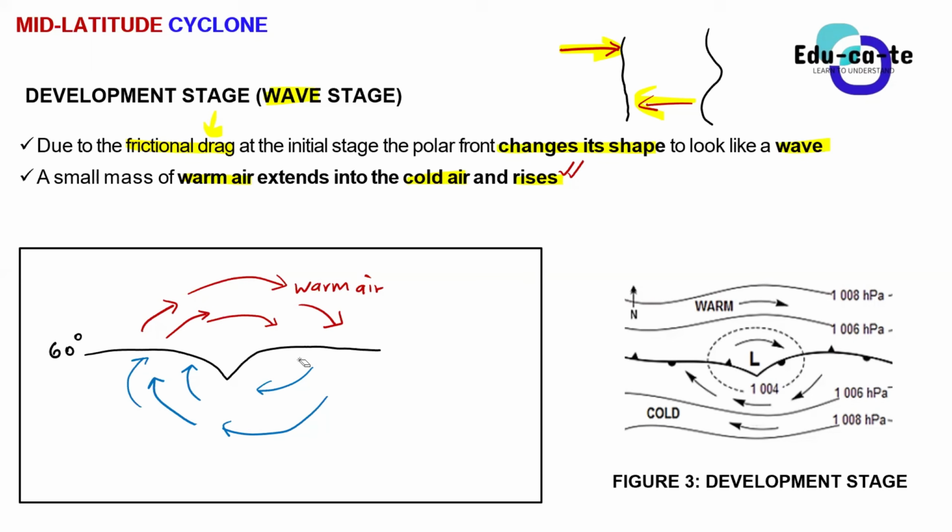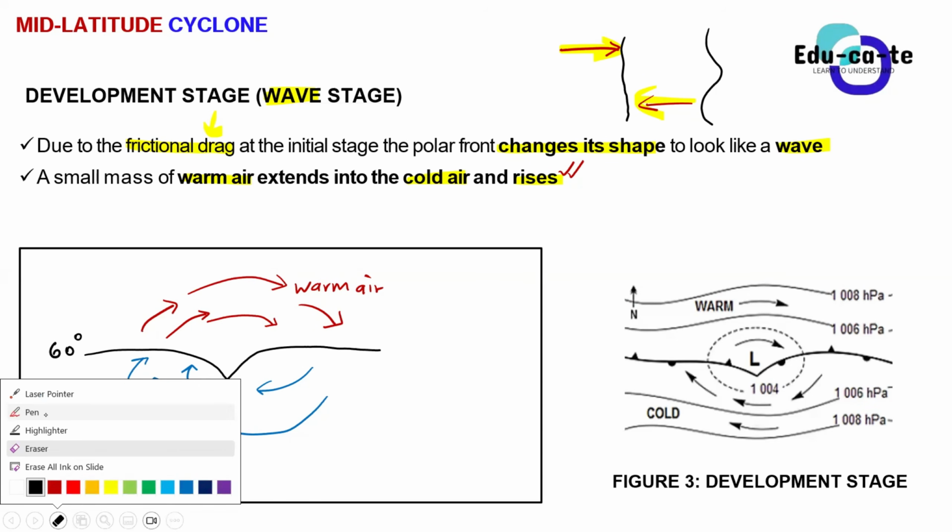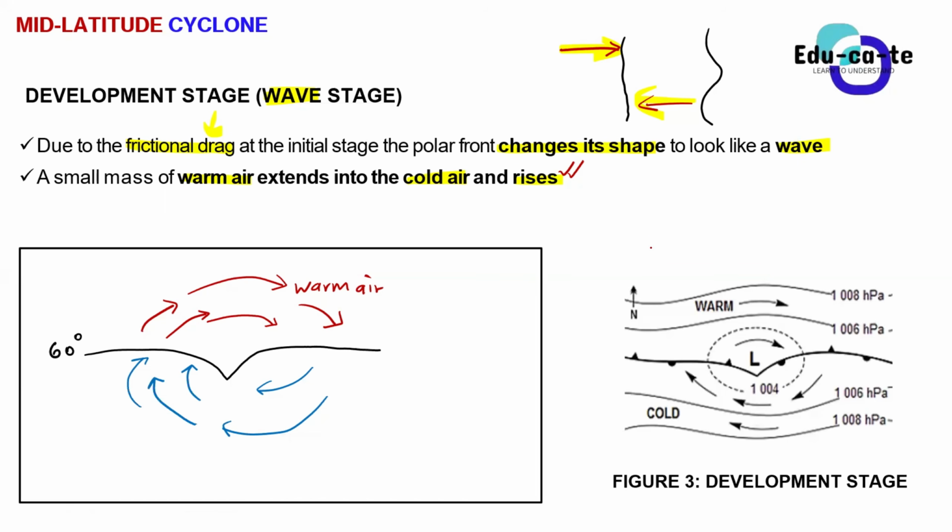Low pressure system. Yes, a low pressure system. You guys need to remember your grade 11 work. This is so dependent on grade 11 work. You need to remember that warm air has got a low atmospheric pressure. So when we are talking about warm air, just remember that it has got a low air pressure, not a small one. You guys should correct my English. That's not small, it's low.